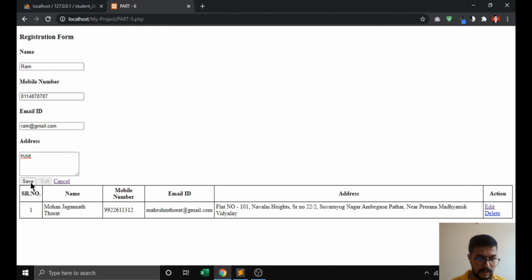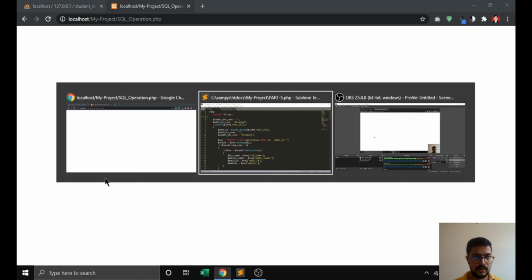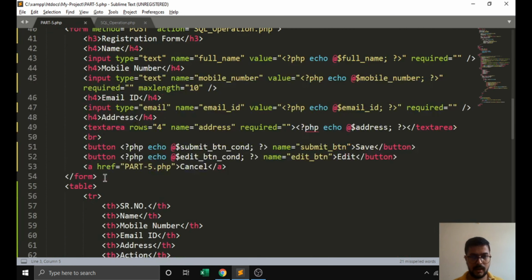We will save this data. Our data is saved. Then we will press edit. Yes, we are getting this RAM data here, and if we retrieve another record, it is also retrieving. We need to make this update button work, so we have to create one more change here.